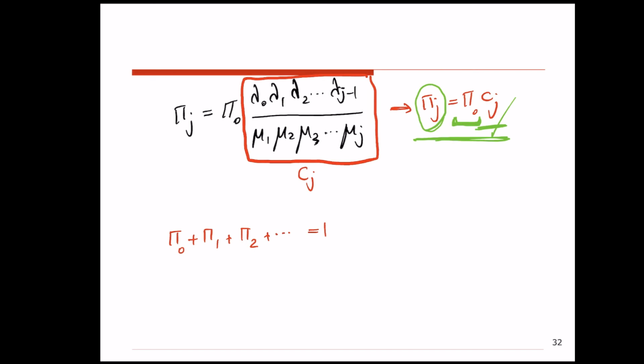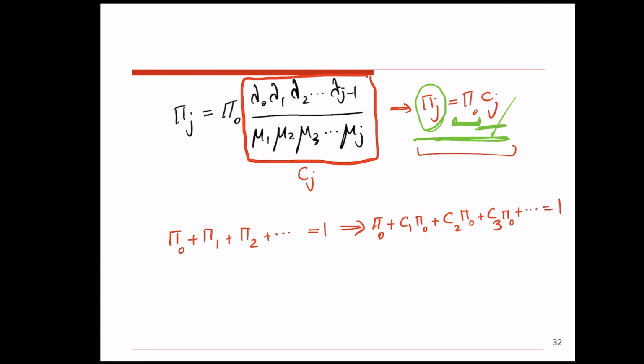So the sum of the steady state probabilities is 1. So that means if I write the values of pi j, that's pi 0 plus pi 1, based on this formula, is C1 pi 0, pi 2 is C2 pi 0, pi 3 is C3 pi 0, all the way to infinity